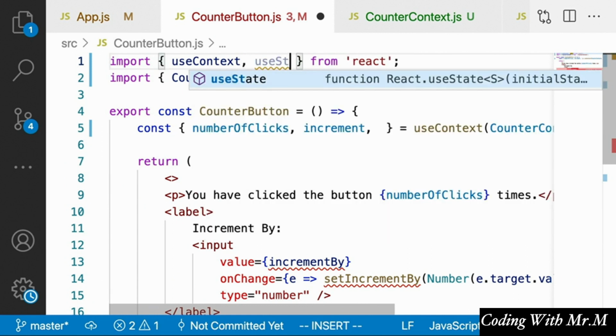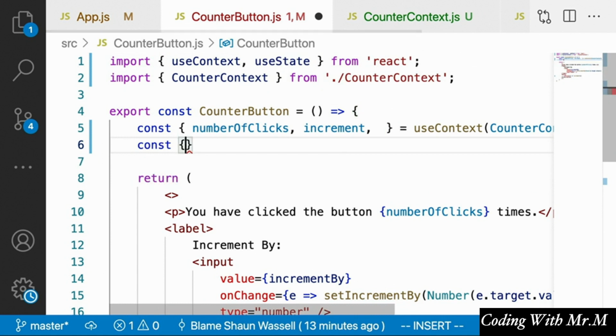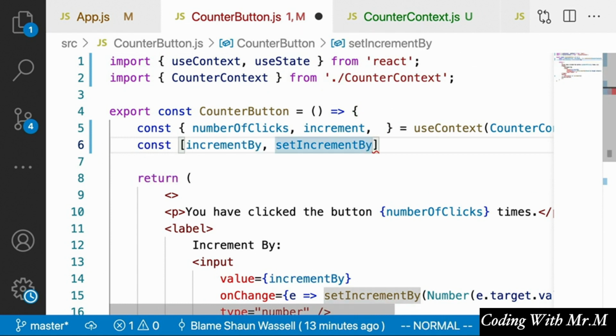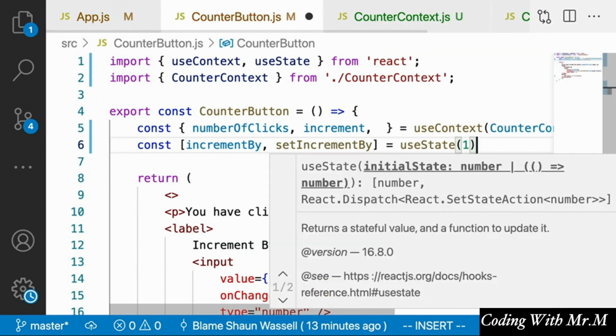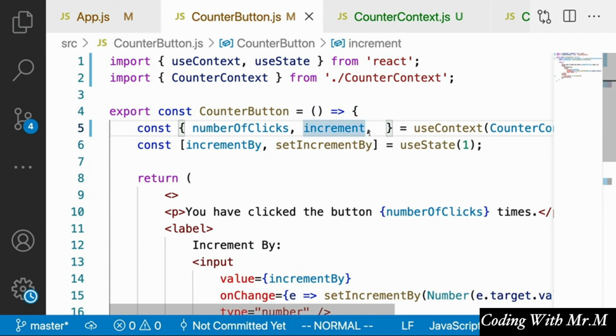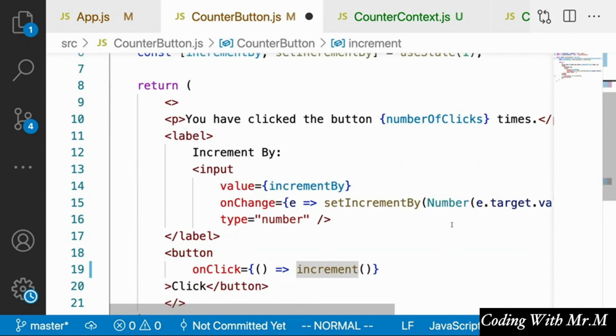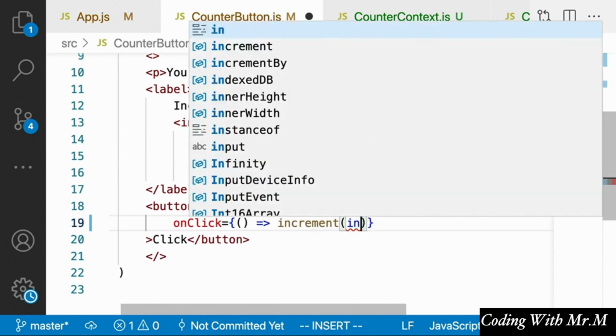We'll just say useState, change this to const increment by and set increment by equals useState, default value 1. And then we just need to make this increment function take an argument that tells it how much to increment the count. So what this is going to look like is we're going to say increment by,